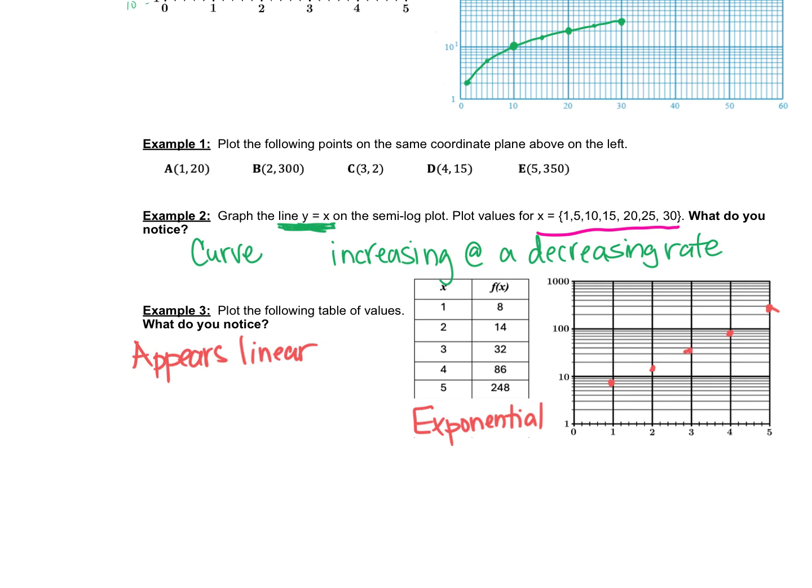So if I start with a line, the log plot gives me a curve. If I start with a curve, it gives me a line. And that's the important part, because a lot of times it's hard to fit an exponential model. Now, this is an exponential model, but it's been moved around the coordinate plane, so it's harder to know where I started. Was there a multiple in front? Is this just 2 to the x minus 7, or is this 5 times 2 to the x minus 12? If we're not sure, a semi-log plot is a really nice way to say, oh yeah,